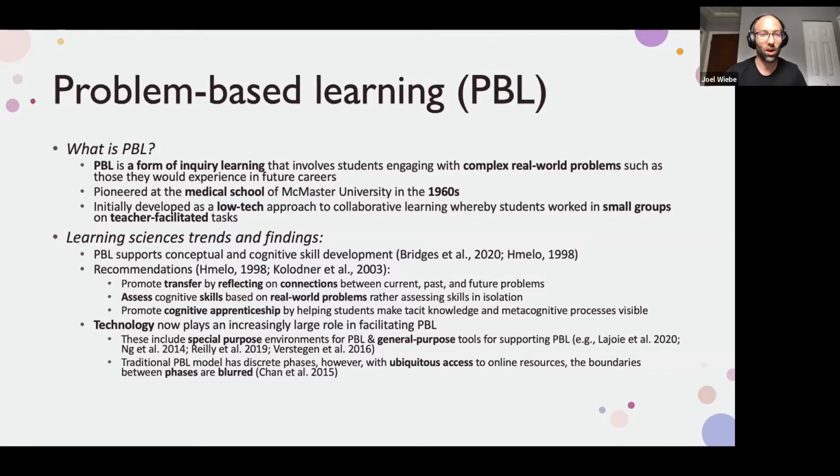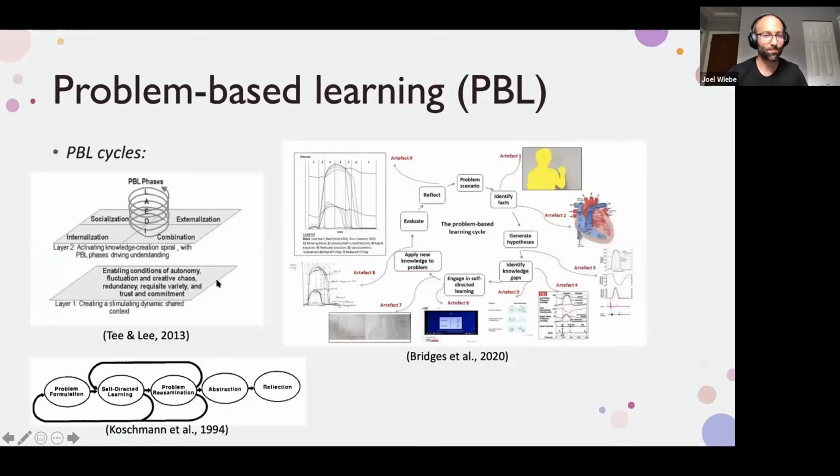This process, or this problem-based learning, was initially low tech, but now there have been various means of high tech PBL. There's many different types of cycles, all for different purposes. Some extend with phases of abstraction and reflection. Others are highly dependent on different types of artifacts supported by technology that can happen essentially anytime. And there's even one that combines knowledge creation. So that's Nonaka's model for knowledge creation that comes from organizations, and the PBL model.